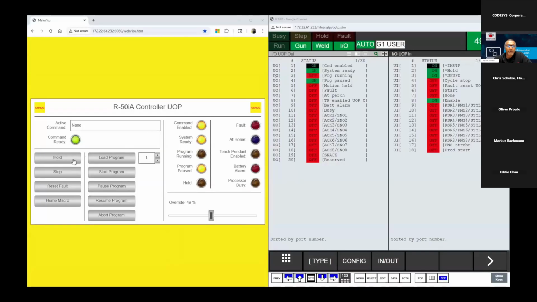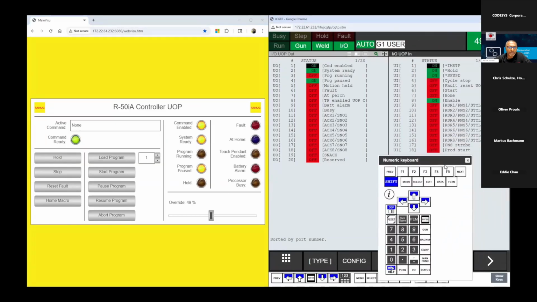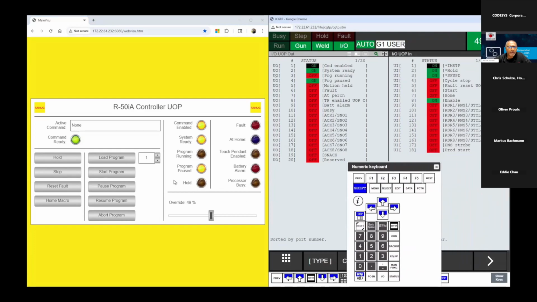And here I have a video and a demonstration of this in action. You can see here that the operator panel is accessed using the address described on the previous page. As the demo toggles through the buttons, you can see that it creates some faults, as well as we can adjust the speed. And you can see the actual robot controller updating in real time the percentage that we set that override to. The response times are amazing,